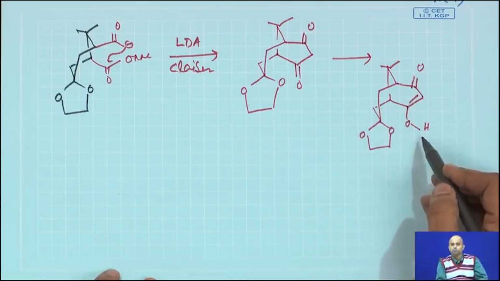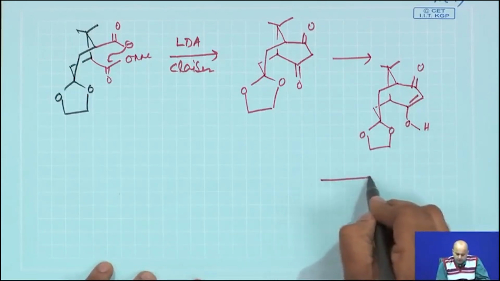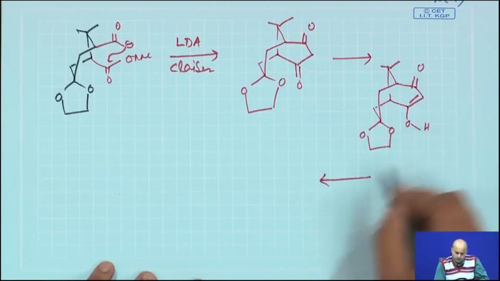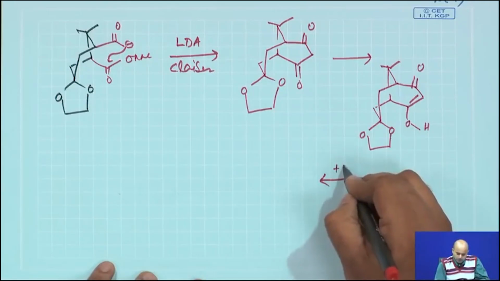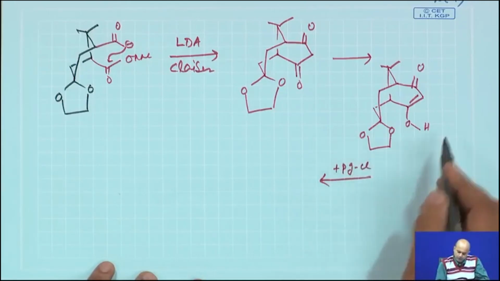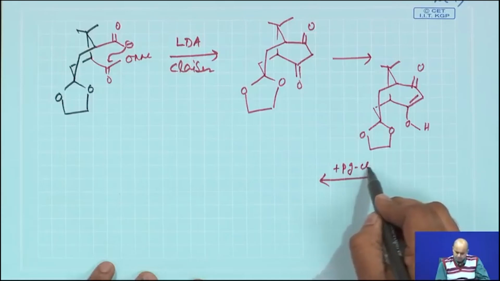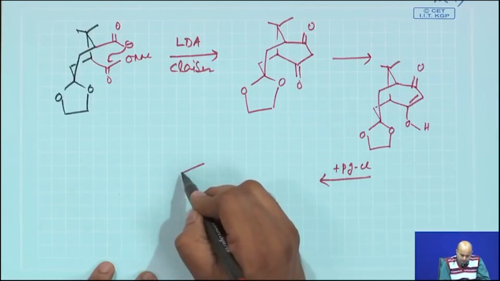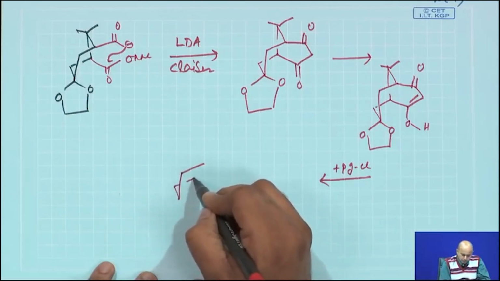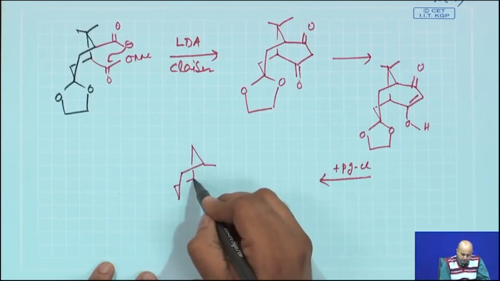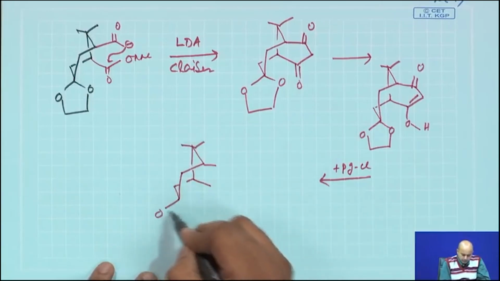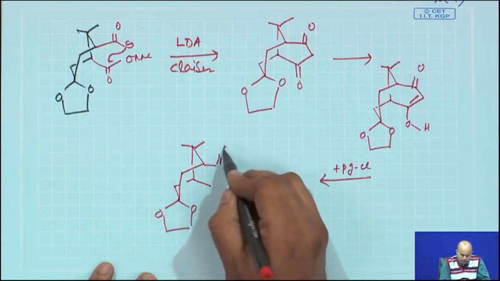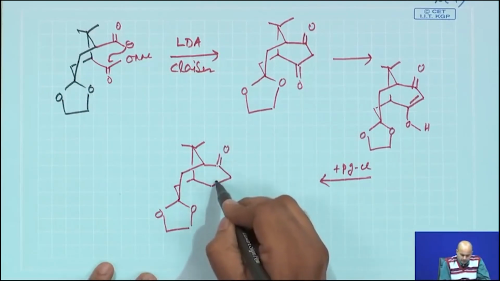Now, this enol you probably cannot keep as an enol, you can simply do a protection here with this alcohol. Normally, as we are not discussing this protection group here, you can put in any protecting group just by doing a protection. And now we will see how this structure looks, which is ready for the next round of reaction. So, this part is remaining there. So, you are having the diketone here and you are having this